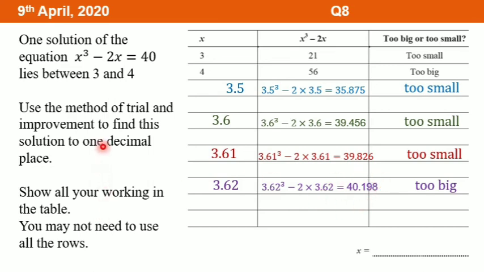And since it is only correct to one decimal place, I just use 3.6 as the answer, because 3.61 and 3.62 are close to 40. But when I round off into one decimal place, the answer will be 3.6. So the answer, just let it be 3.6. One decimal place, remember. This is because the question is asking for one decimal place. Even though 3.61 and 3.62 are closer to 40, I cannot write the answer as 3.61 or 3.62, but 3.6 only.